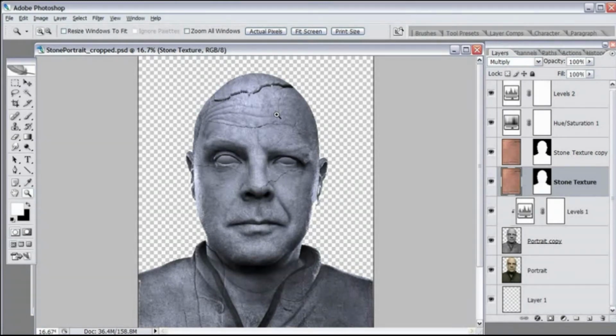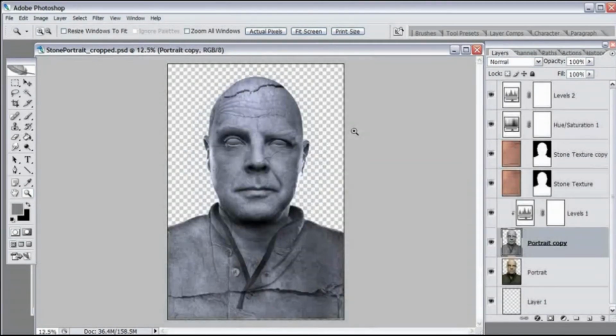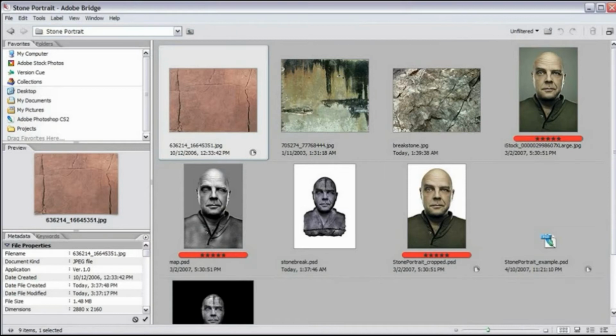It'll look so much better once you get it on paper. Okay, let's continue. All right, everything is looking great. Now what we can do is apply more texture to the stone portrait to give it more of a realistic, aged type look. I'm going to move over to the Adobe Bridge, and I'm going to select the other texture